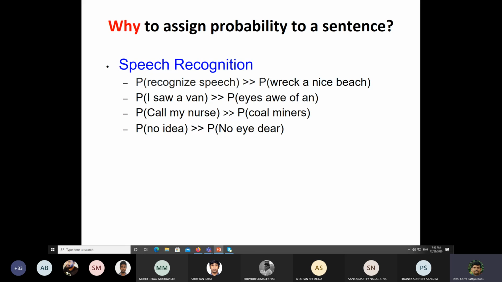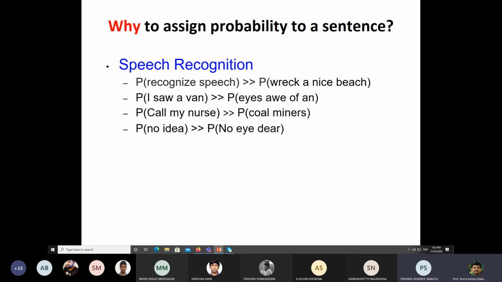I hope you understand. Okay, you are getting what I am trying to convey to you all, right? Why we are assigning probability basically for a set or a group of sentences, or probably for a group of words. Why we should assign probability to a word, a group of words, or a sentence. I hope you're getting me. Yes, understood here? Yes, sir. Up to here? Yes, sir.